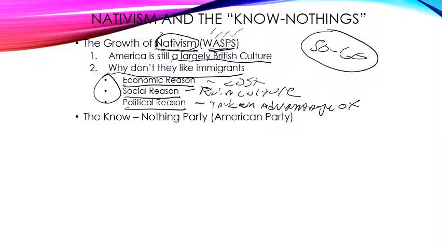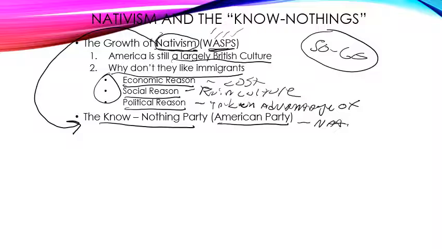So the last thing we're going to talk about today is what results from this growth of nativism. And that's going to be a new political ideology and party that gains a pretty strong deal of power during the 1840s and 50s called the Know Nothing Party. What it's actually called is the American Party, and this is what you would call a nativist or nationalist political party. Anti-immigrant, pro-American, that sort of thing. Sounds, again, a little bit familiar to the way a lot of people maybe feel nowadays. Okay?